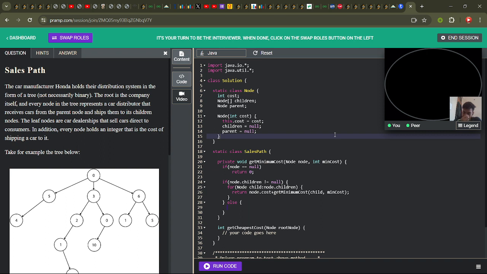So what that means is I need to have the total cost that is computed until I reach the leaf node, and that would be this null basically. And if the node dot children is not equal to null, it means I reached that leaf node. Now, when I reach the leaf node,